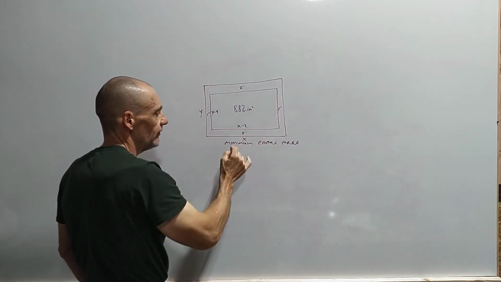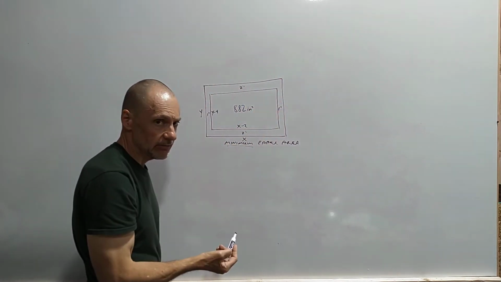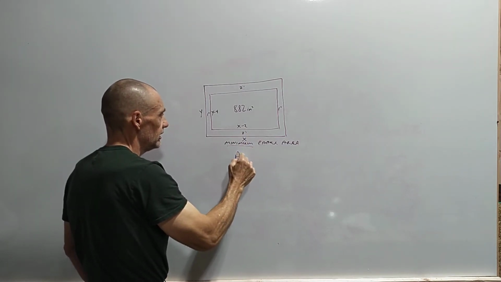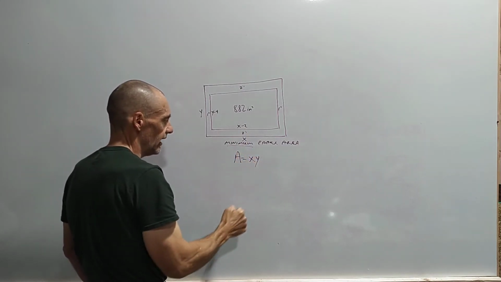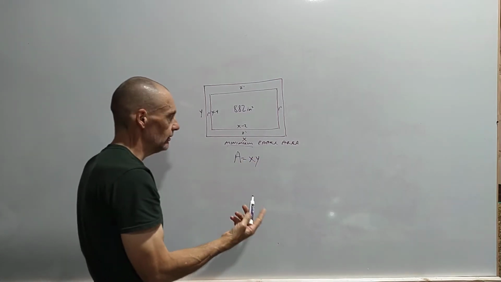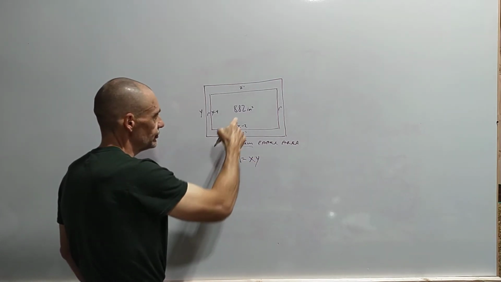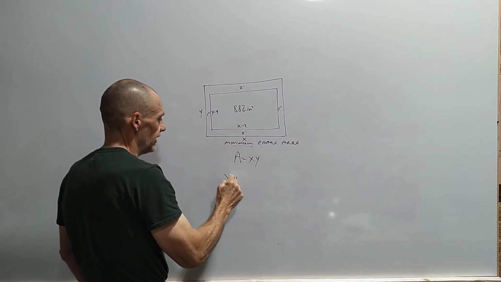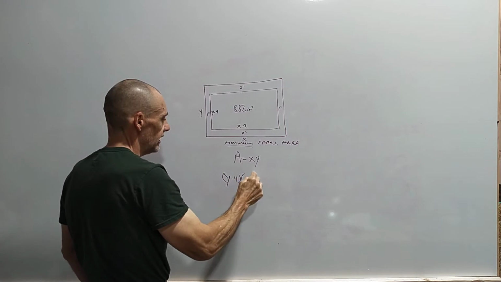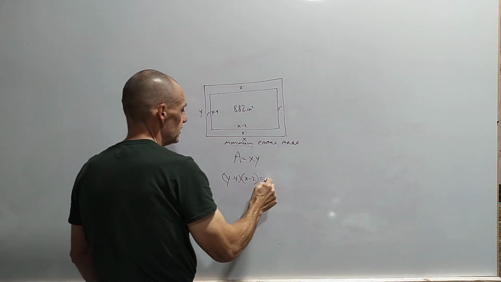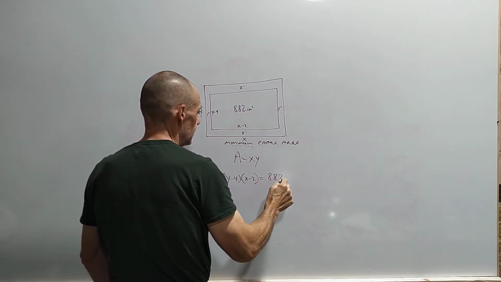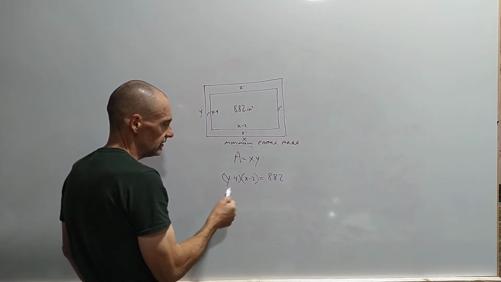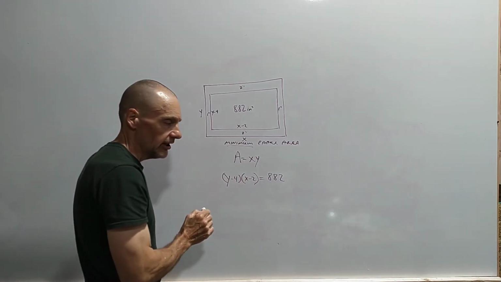So the area of the paper, which is what we want to minimize, is optimization. So this is going to be our objective function, right? The area of the paper is going to be xy. This is what we're going to take the derivative of and set equal to 0. Then our constraint is going to be this, right? So it's going to be y minus 4 times x minus 2, and that's going to be 882. So we need to multiply this thing out and solve it, and then plug it into our objective function,